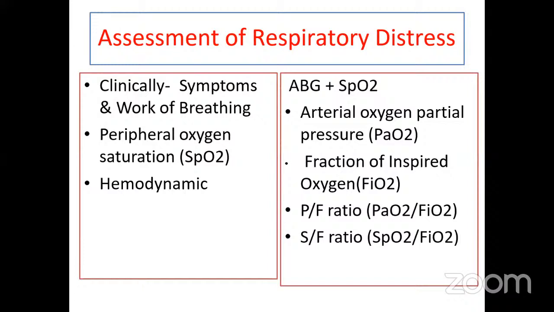यानी कि जब हम ये कहते हैं कि PF रेशियो 200 से कम है इसलिए ARDS है, वही हम SF रेशियो जो कि अब बड़ा इजी है, सामने ही हमेशा SpO2 आता रहता है, FiO2 वही रखना है और PaO2 की जगह SpO2 रख देंगे। तो 235 अगर SF रेशियो आ रहा है तो इसका मतलब ARDS है। इसी तरह 315 अगर आ रहा है तो ये कॉरस्पॉन्ड करता है 300 ऑफ PF रेशियो। इसका मतलब ये हो गया, ये जो हम SF रेशियो यूज करते हैं अच्छा टूल है, PaO2 बाई FiO2 करने की हमें जरूरत नहीं है, क्योंकि बार बार हमें आर्टीरियल ब्लड ड्रॉ करना पड़ता है। और इस SF रेशियो की स्पेसिफिसिटी एंड सेंसिटिविटी दोनों 85% या उससे ज्यादा है।